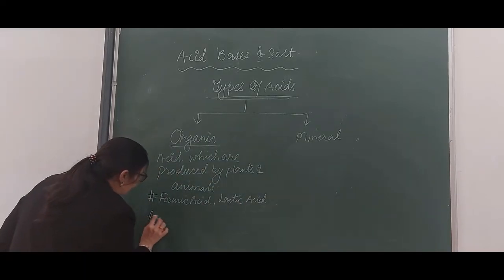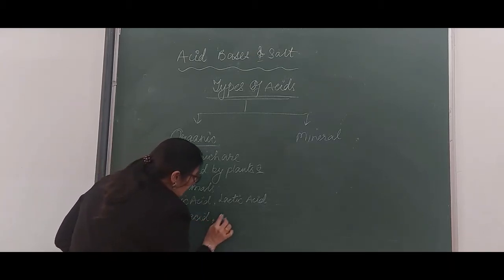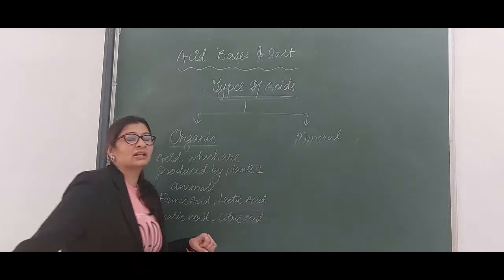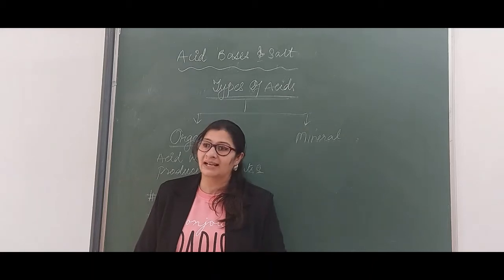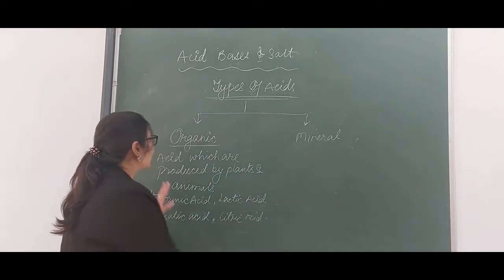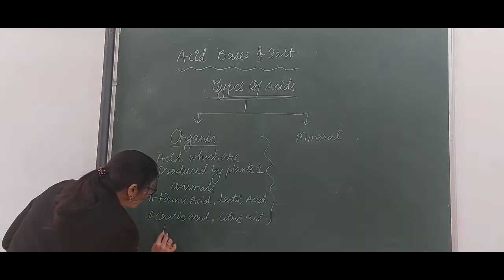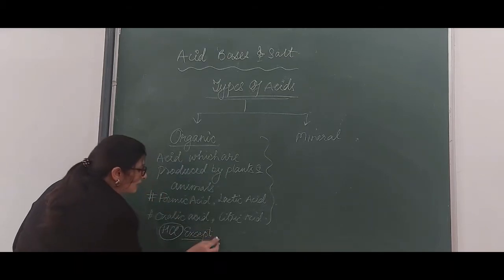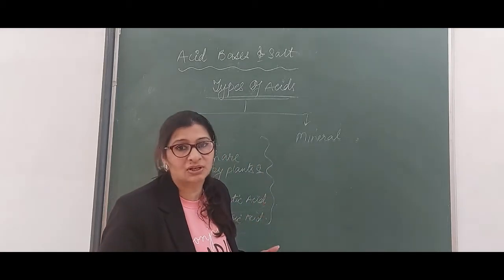We have oxalic acid, which is present in various fruits. Then we have citric acid. If you have seen my Insta post yesterday, I gave one question: what do we call vitamin C? Generally हमारे दिमाग में रहता है vitamin C means citric acid, but no, vitamin C is ascorbic acid. These are some of the organic acids, and we have one exception. HCl is the exception. It is a mineral acid, but it is present in our stomach. हमारे stomach में produce होता है ये acid HCl, but this is an exceptional case.